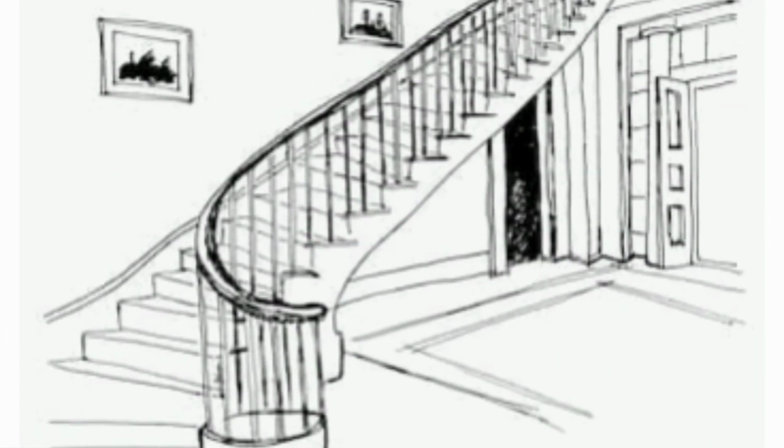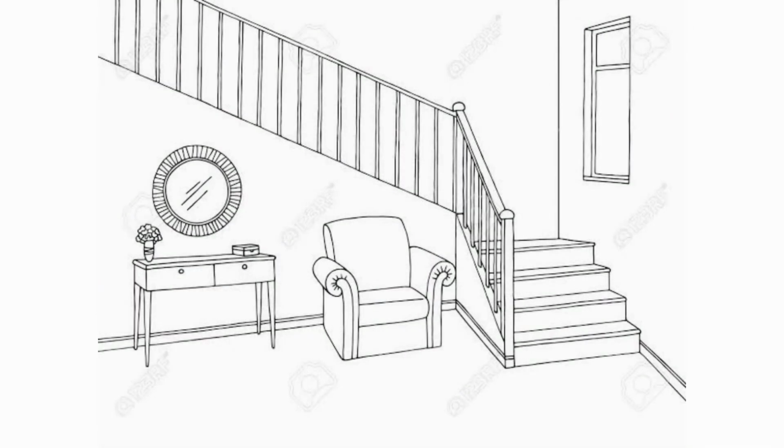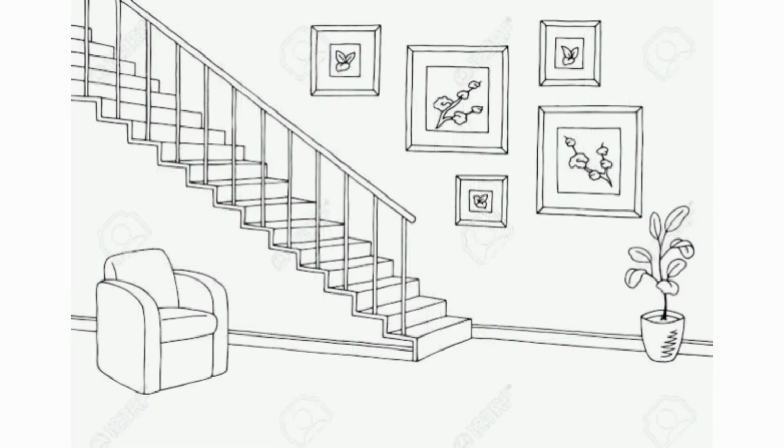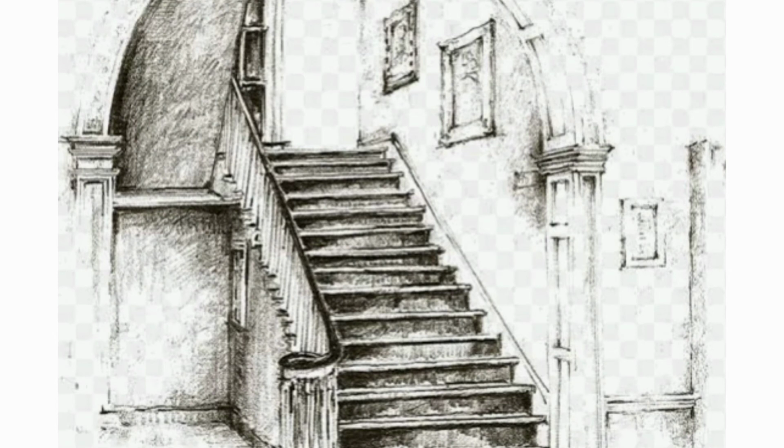Now these are a few tips which you can keep in mind while designing a staircase. The staircase should be located in such a place that it is easily accessible from all the rooms in a building, and it must have adequate provision of light and ventilation directly from the exterior of the building. The width of the staircase should be minimum 3 feet for domestic buildings, whereas it should be 5 to 6 feet for a public building. And the headroom or clearance between the tread and the ceiling should be at least 7 feet so that even a taller person can use the staircase comfortably.